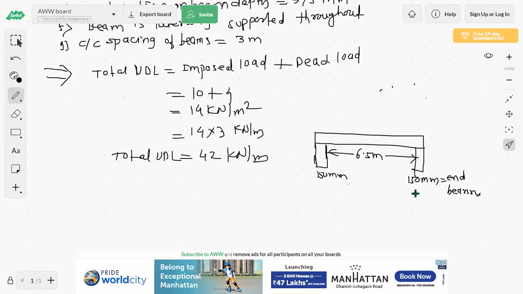So here in this case, if we have to calculate effective length, so here effective length is equal to, end bearing is equal to here clear span